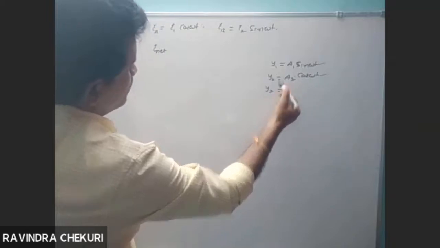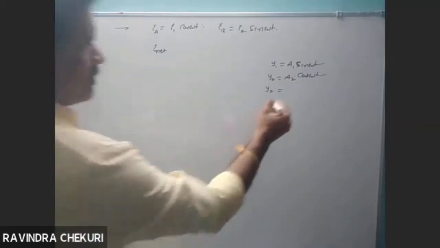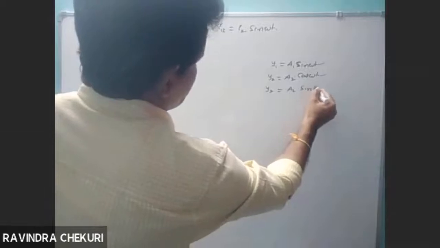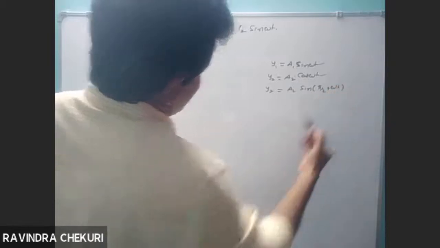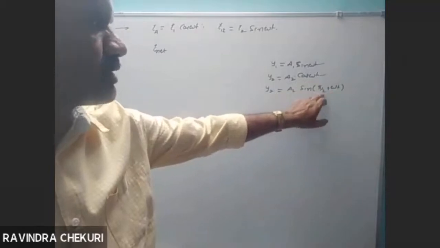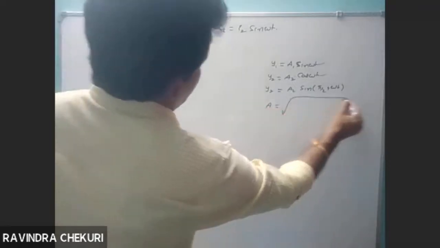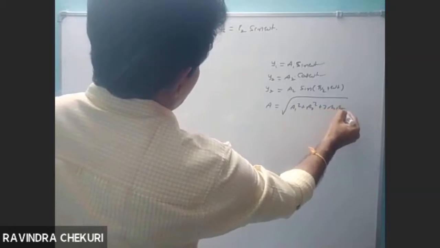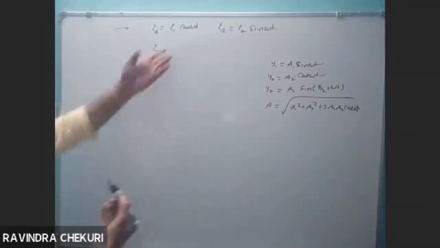To compare the phase angle, both waves must be either cosine functions or sine functions. So a2 cos omega t is converted into sine: sine of pi by 2 plus omega t, that is, sin of 90 plus theta is cos theta. What is the phase difference between these two? Pi by 2. So resultant amplitude is equal to square root of a1 square plus a2 square plus 2 a1 a2 into cos delta, the phase difference. It's a similar approach.